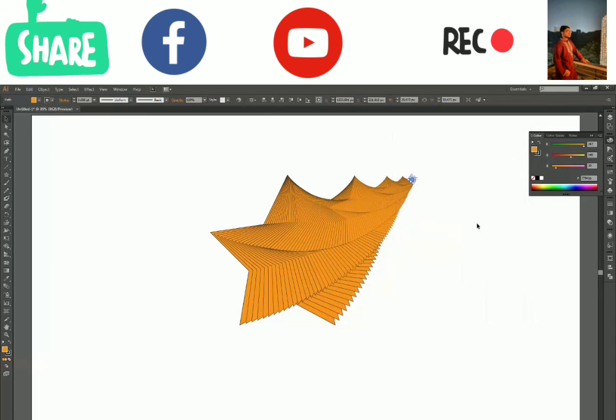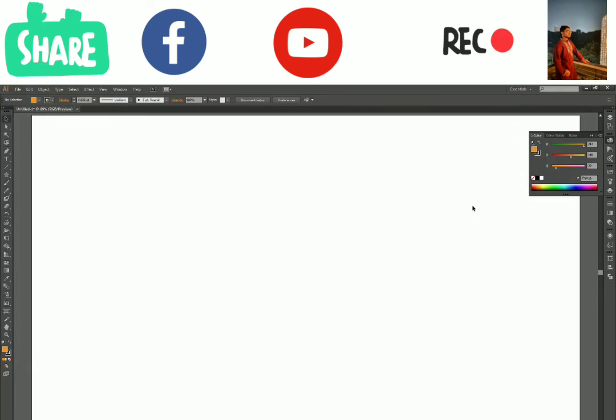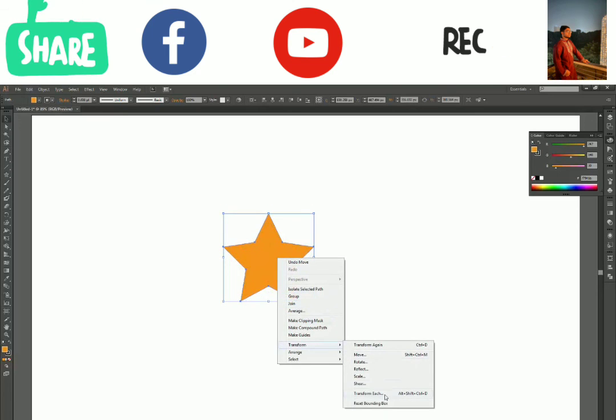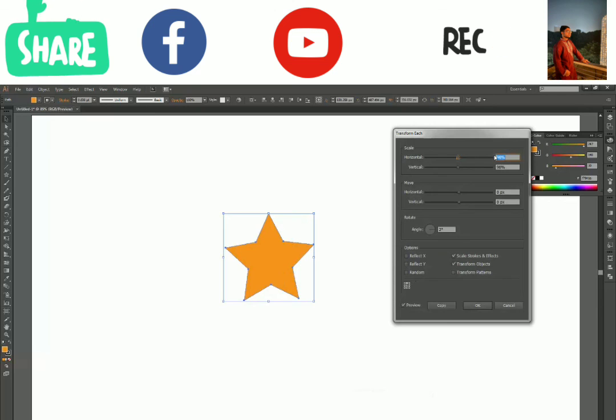So let's do the same thing, but this time we'll use the random option instead of creating our own values. So again, create a star and select the shape, right click, transform, go to transform each, and this time, okay, so what we have to do now is change these values a bit. What it will do is take these values and make a random value out of it. When we set it to default, it will not be able to change any values by itself, because it is only playing with 100%, 100% and 0%.